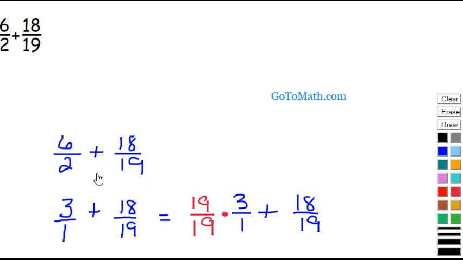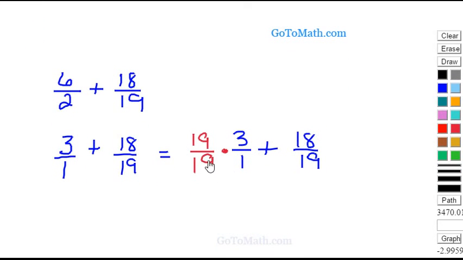But let me tell you, it's actually really simple, because all we need to do here is write 19 over 19. Now 19 over 19 is just 1. This is just 1 right here. And 1 times 3 over 1 is just 3 over 1. So really we hadn't done anything. We just moved some stuff in, but it's really not there. Does that make sense? But anyway,